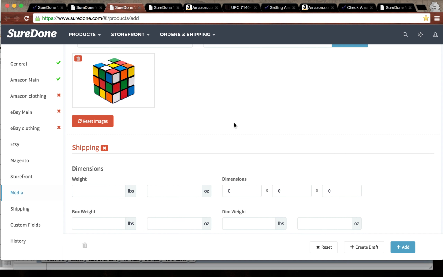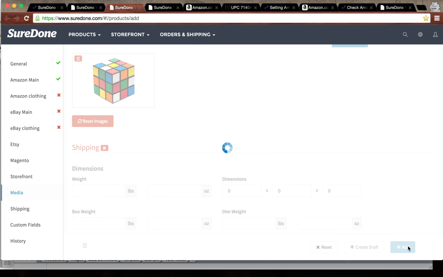Shipping for Amazon is pretty much set by Amazon in your account settings, so you don't really need to go into the shipping section all too often. But again, you can if you want to use the shipping overrides and stuff like that. I recommend you check out our guide we have on that, and we can get more into details on that and do a training in that in the future. So then you just click add, and it'll add the product